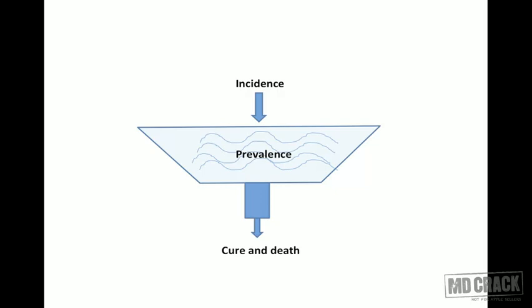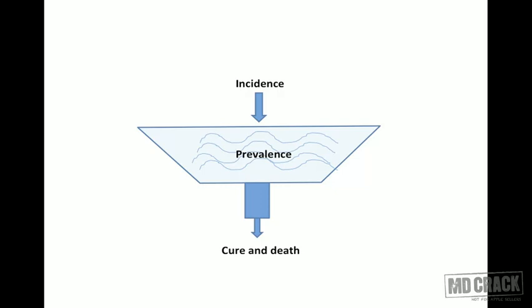So the new water that is coming onto the basin is incidence, new cases being added to the pool. This pool which has been accumulated there in the basin is the prevalence. Okay, and people die, lost to follow-up, got cured is the outflow. So I reduce the pool. Look at the diagram again. New cases, incidence. The pool that is existing is prevalence. People die, going out, that is loss. So prevalence is decreasing.